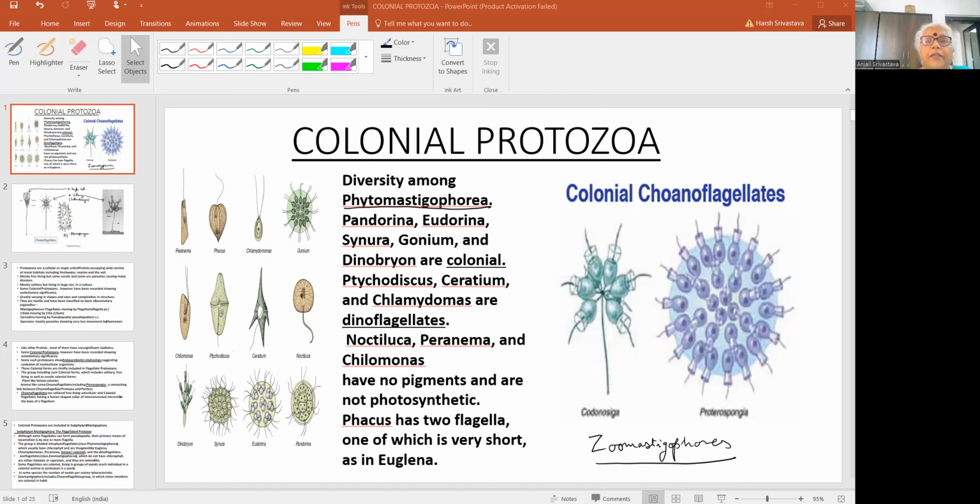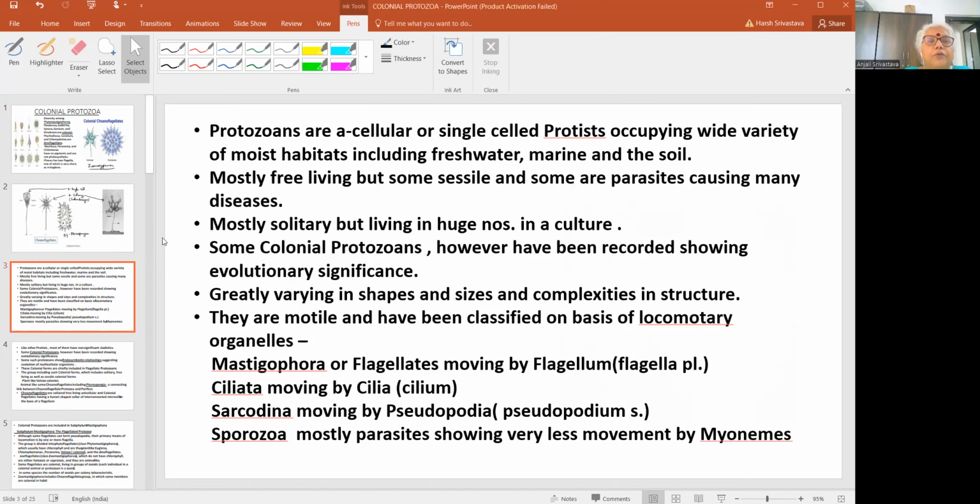So let us confine today to colonial protozoans. The protozoans are the individuals that we have seen when we were doing the classification or the systematics,